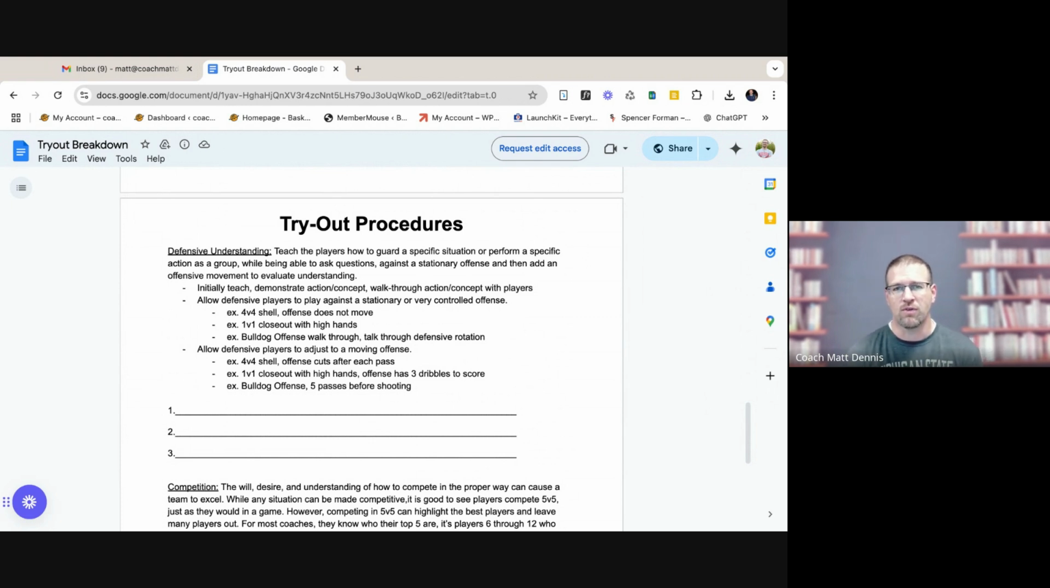Now, the reason I don't go 5-on-5 earlier is because the 5-on-5 highlights the best players, and they dominate the ball. Okay, so we don't necessarily need to know who the best players are in tryouts. We know that. We need to know who 6 through 12 are going to be, or 4 through 12 are going to be. So we need to see them play 5-on-5, obviously, but our best players might sit out a